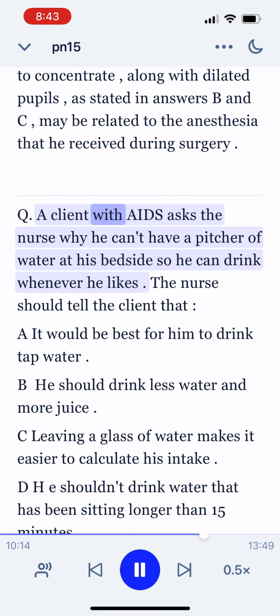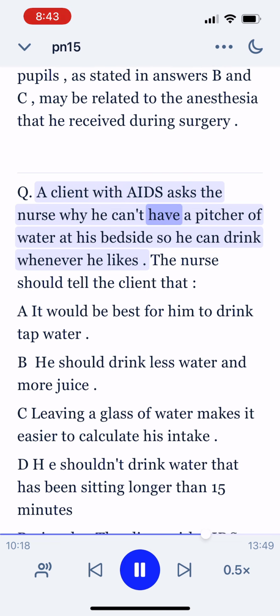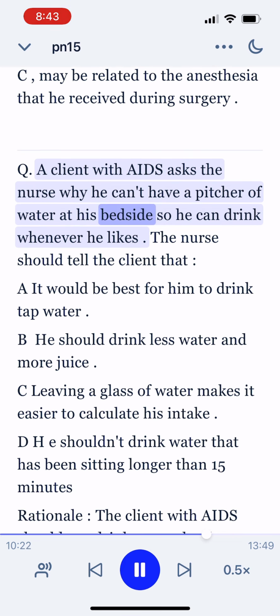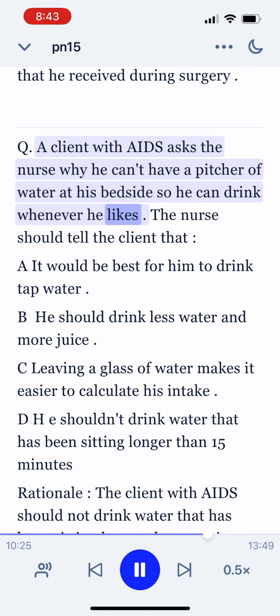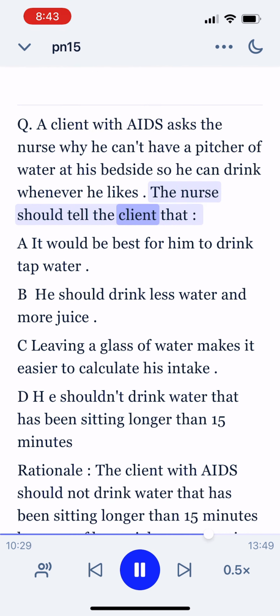Q. A client with AIDS asks the nurse why he can't have a pitcher of water at his bedside so he can drink whenever he likes. The nurse should tell the client that